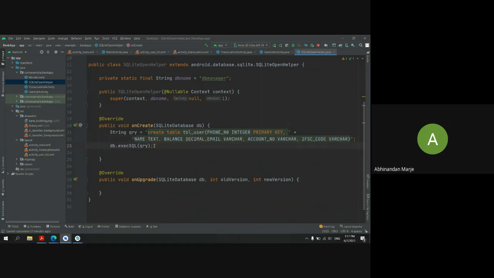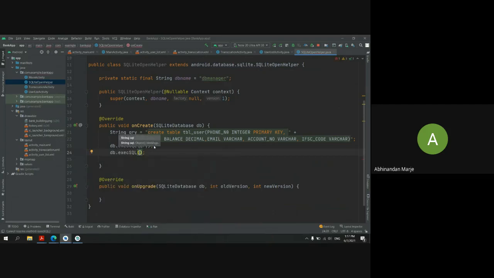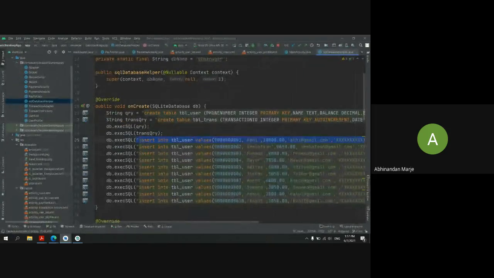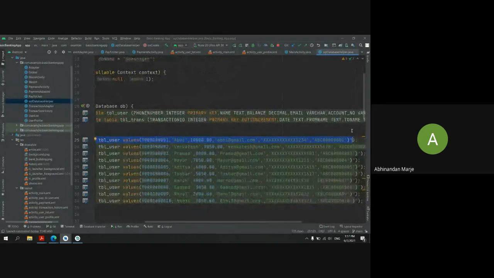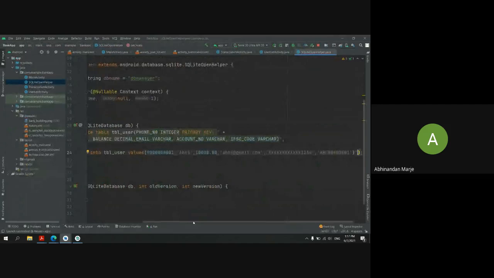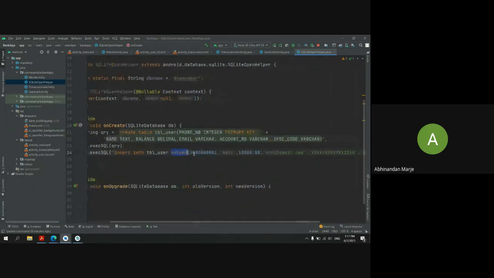So for that, you can see our database dot execute SQLite, and in this you can pass the query same as I passed here. I will copy this one. You can see the SQLite code for this will be insert into the table name which you will use, and then the values section, and you have to make sure you are passing the values in the same format as you defined in the table. The first was the phone number. I'm passing the phone number first. The next was the name.